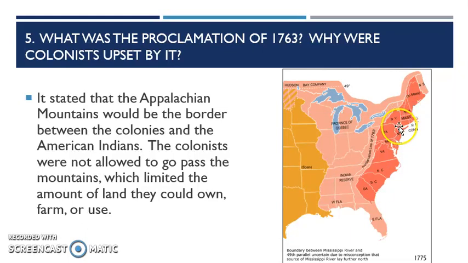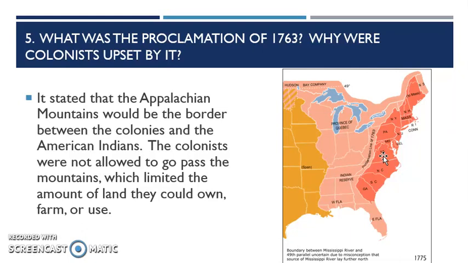Even the ones that are your merchants and stuff up here, they still have little personal farms. And then when you look at the South, everything in the southern colonies is based on farming. So you're telling them in Virginia that that's all they're ever going to have. They're never going to have any more land. And land is wealth. Farming is wealth. So you just told them that they're never going to be any richer than they are right now.